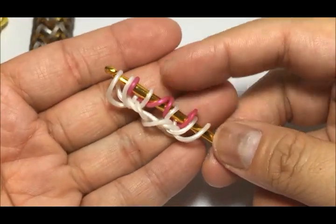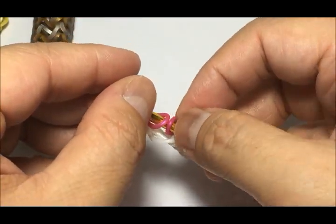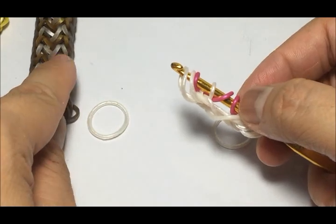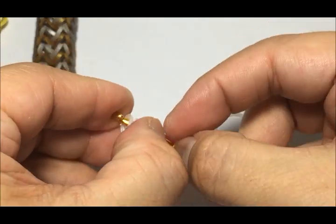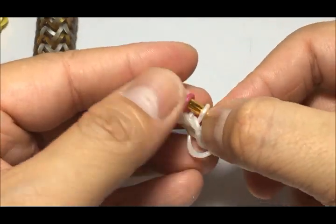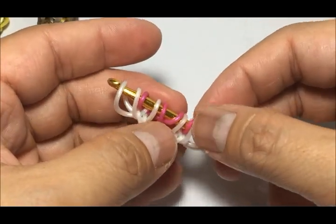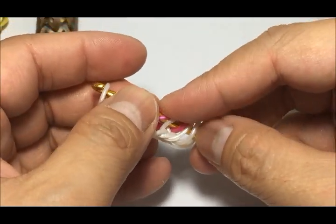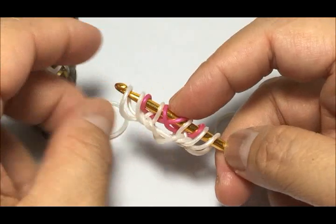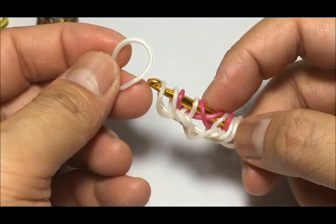So now these two center bands you must cross, and in doing so it creates the sway that you see. So you cross it just like that. And here is where you will be a bit patient, because you really have to keep this order that way, because otherwise you might just lose the sequence. So my technique is I put my finger in between, then now I get my border band,